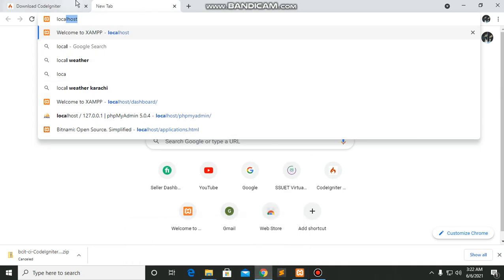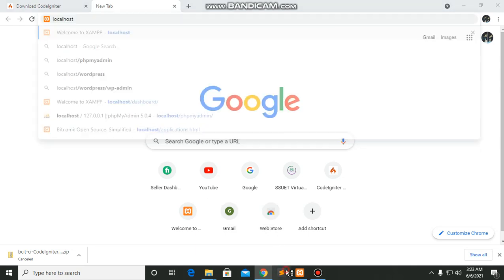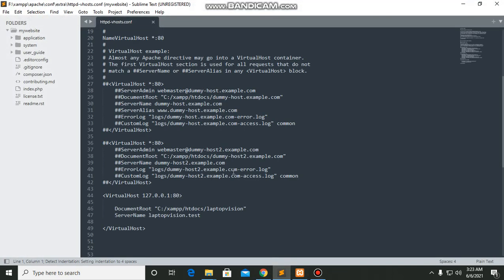When I write localhost in the code, then when I complete my website and upload it live, I need to change all the localhosts in the code and write the name of the website. So to save time, I just make a virtual host.